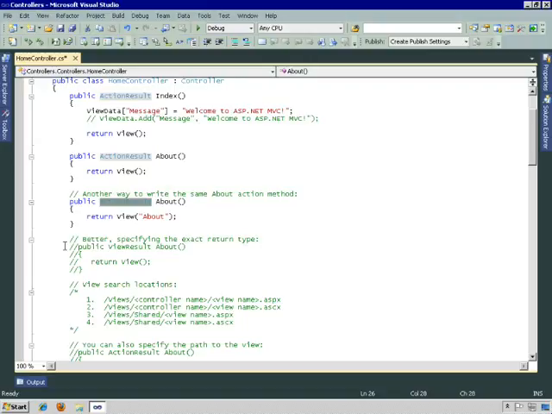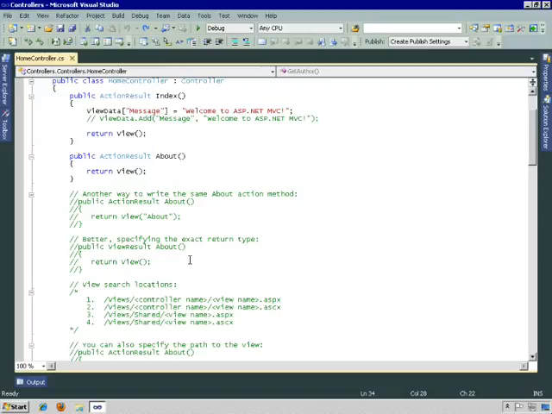So a better way to write this method is like this. In this case, you're specifying that you're returning an object of type ViewResult. But that's not necessary, and in fact, when you create a lot of the pages using the Visual Studio tools, it'll just plug in ActionResult as the generic result type. So you can go either way. All right, let me comment these out again